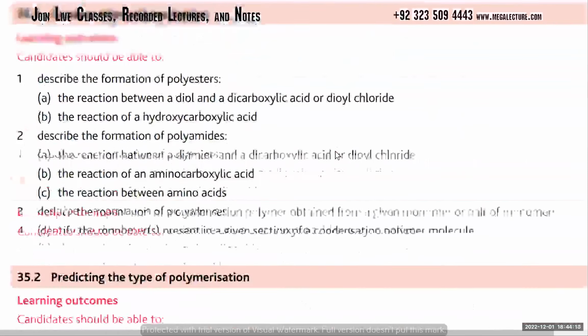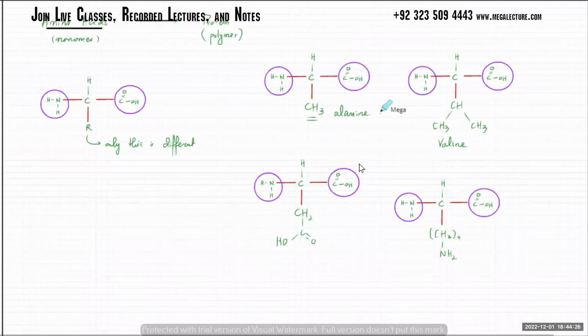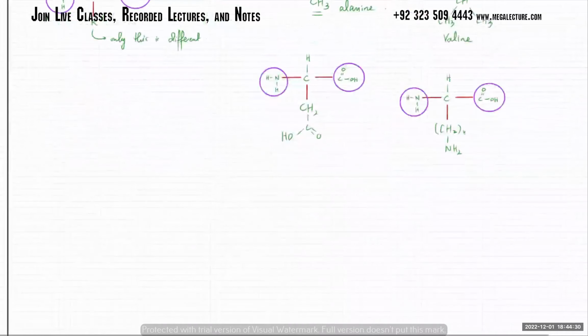Type of polymerization, ठीक है, that's fine. The reaction, अच्छा, polyamides, ठीक है, that's still there. अच्छा, so we'll discuss quickly how, so I'll just do one very quickly. This is known as the primary structure